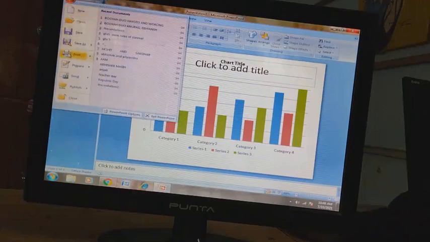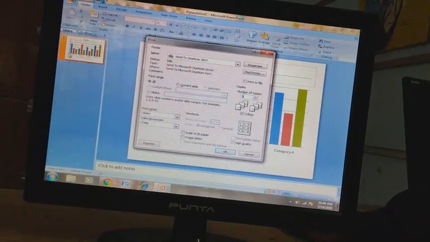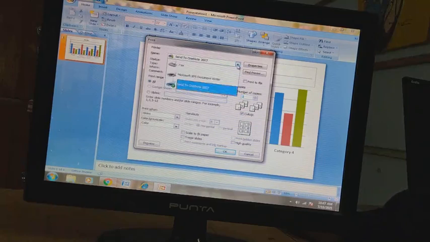But when you click directly on the print option, you will get this pop-up menu. Suppose you have more than one printer, you have to select the printer's name on which printer you want to print. Here you have this option. By clicking on this you will get the list of your printers.